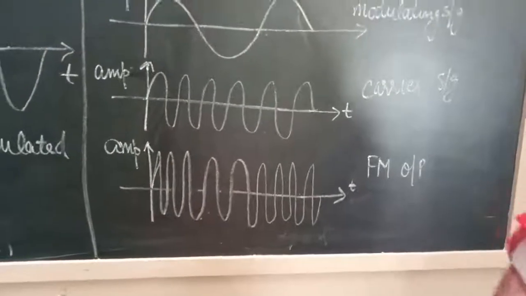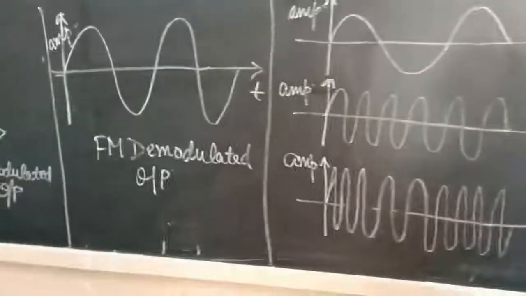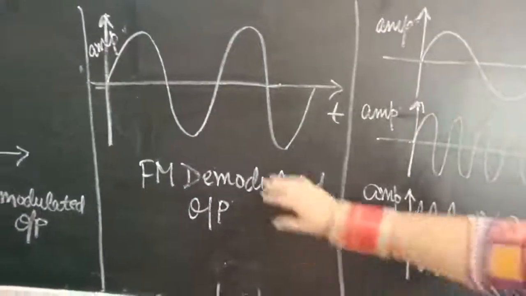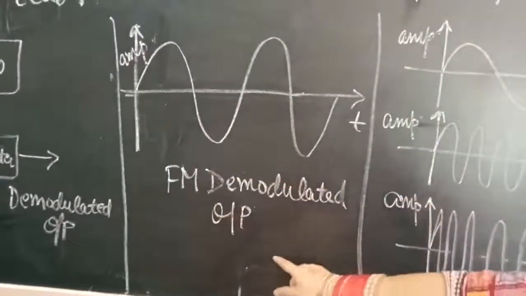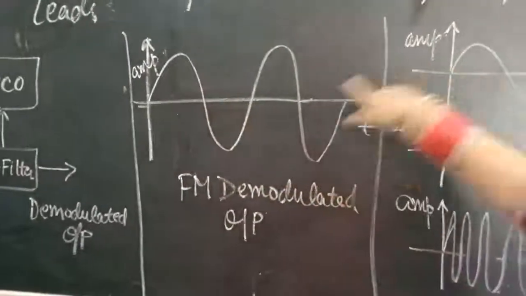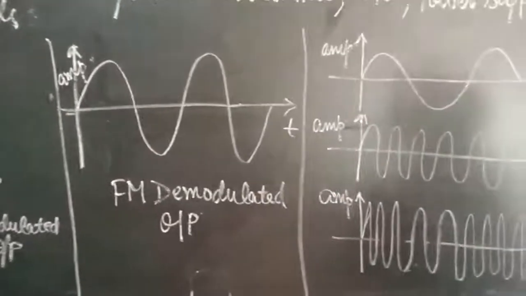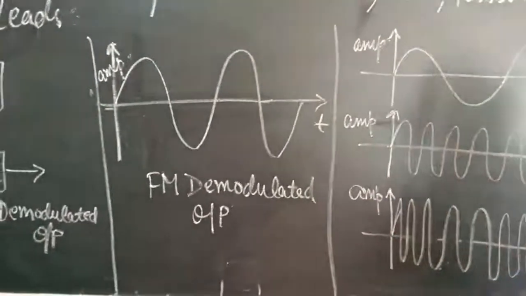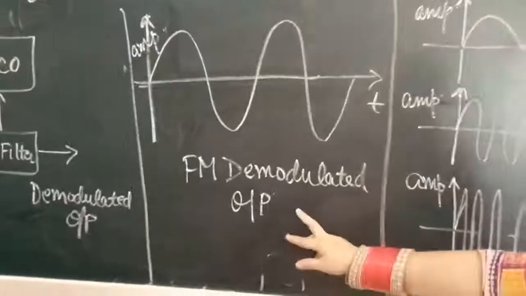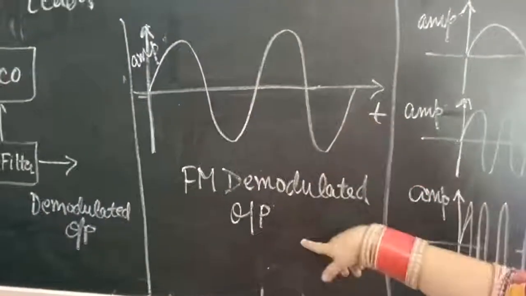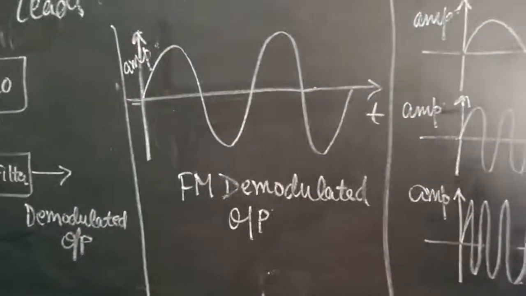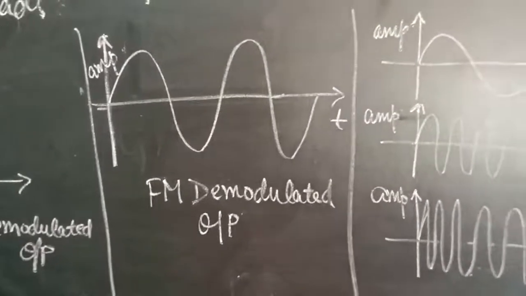Now at the demodulated terminal we will see the demodulation output like this. This is the FM demodulated output. This will be the original. Actually this will resemble the original modulating signal that was sent. Okay, so this is the waveform for the FM demodulated output. Now I will explain the